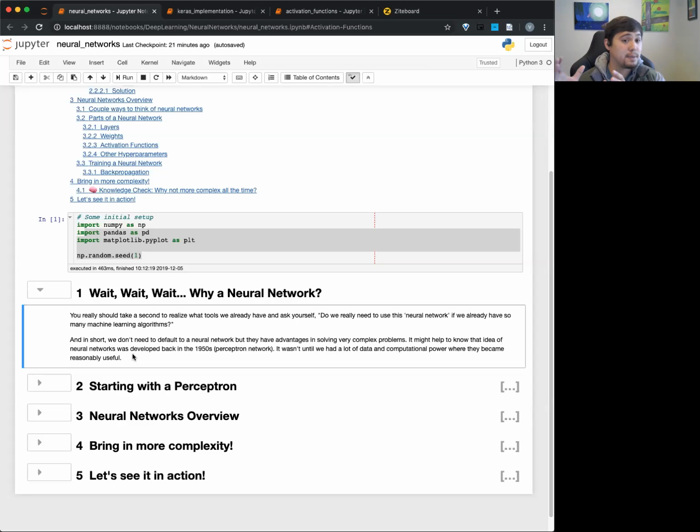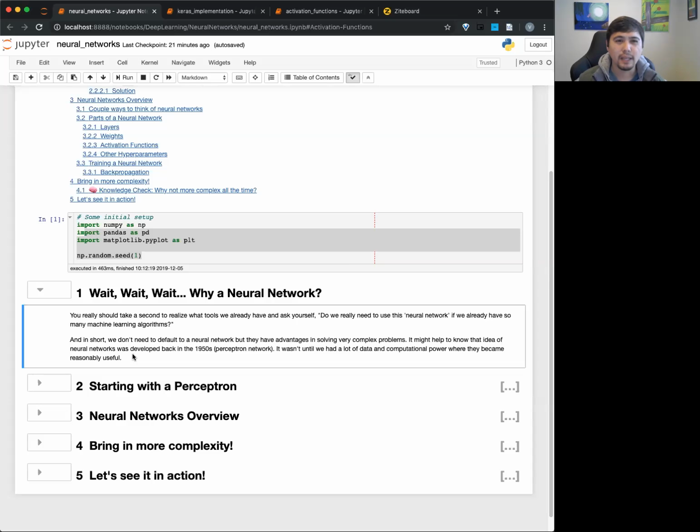A GPU is a graphics processing unit, and neural networks work really, really well when you can parallelize them. In fact, there are now even newer things called TPUs, tensor processing units, that are designed just for artificial neural networks.